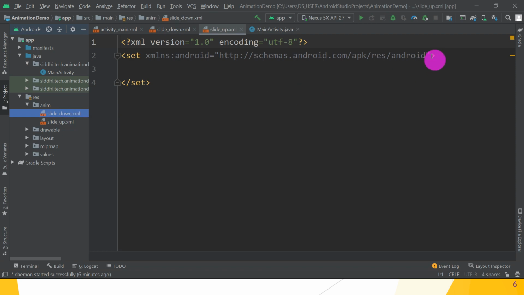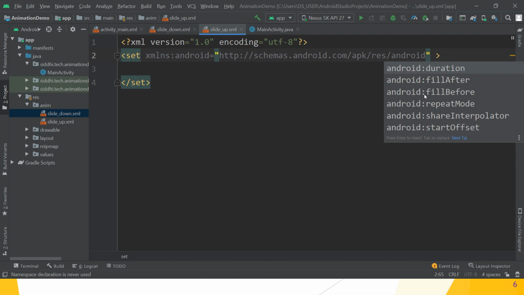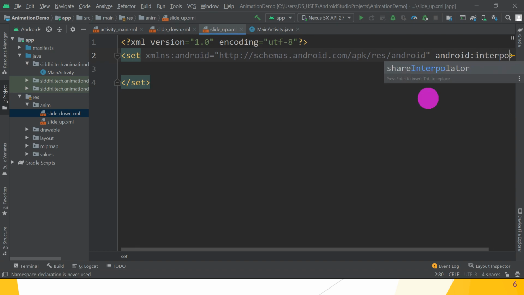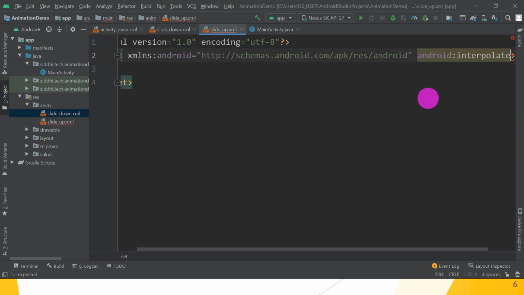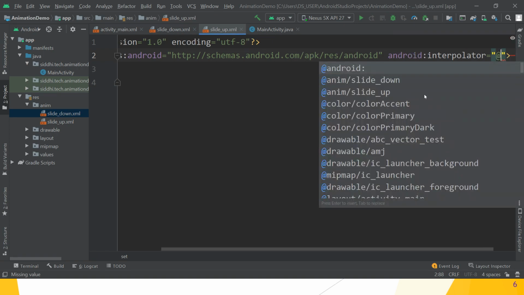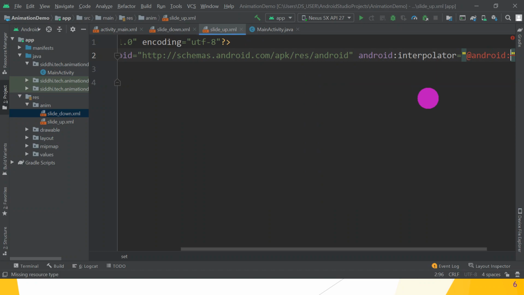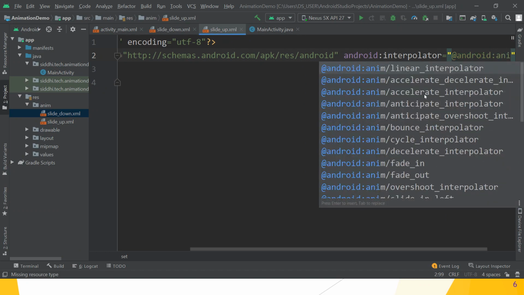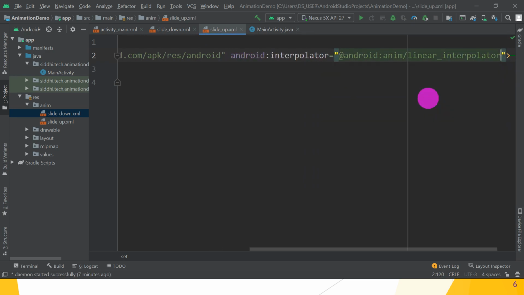So first, android:interpolator is equal to, in double quotes, @android:anim/linear_interpolator.